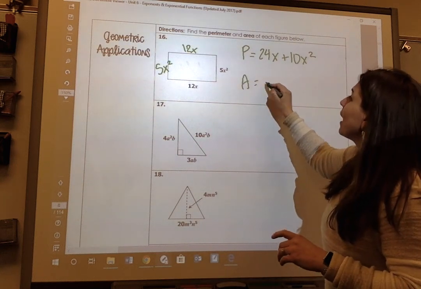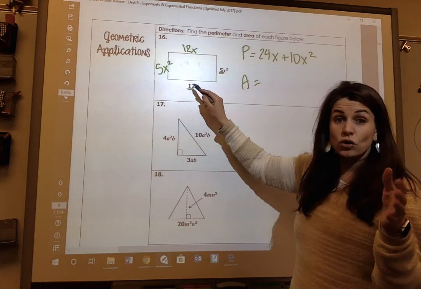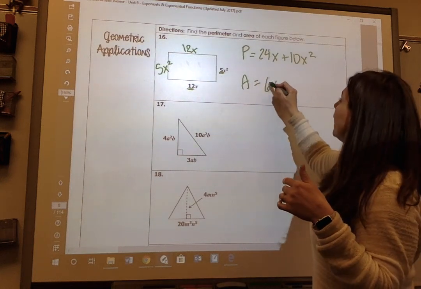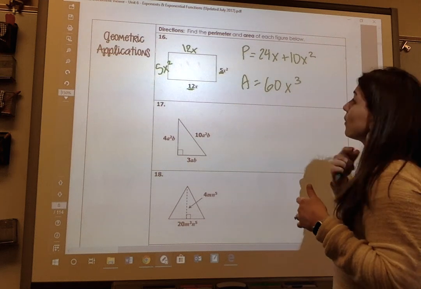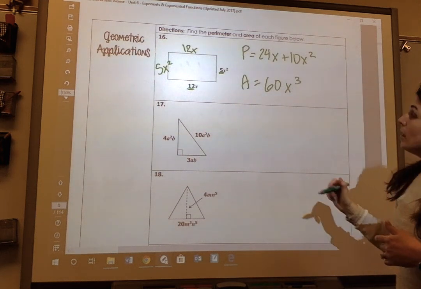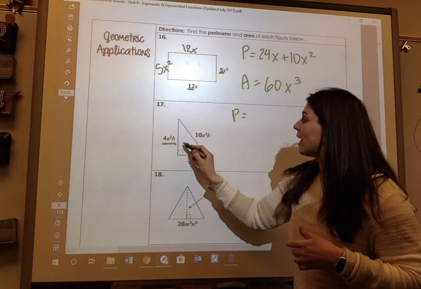Now if I have area, area is base times height. So my coefficient does what he's told. 12 times 5 is 60. And then x times x squared is x to the 3rd. So that's my area. My perimeter here, when I add up my sides, these guys are alike and this